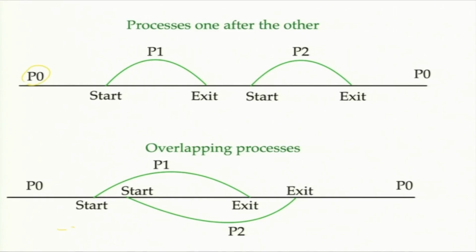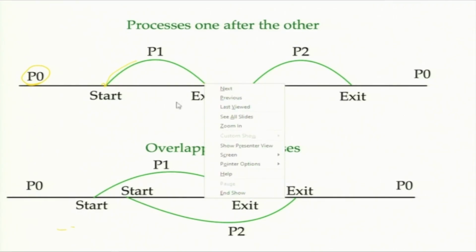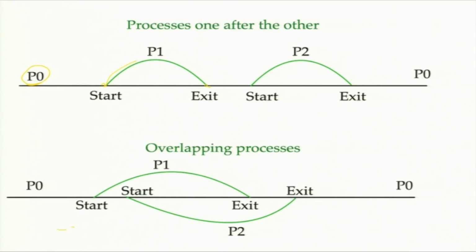This is my parent process P 0, and at some point I create P 1, this green process, then this process ends. So, there is a join here, then create process P 2, start and join here, but all the time P 0 is present, okay? P 0 is not disappearing. Every time P 0 is present, also after P 2 is done. Now, here process P 1 and process P 2 do not have any overlap.